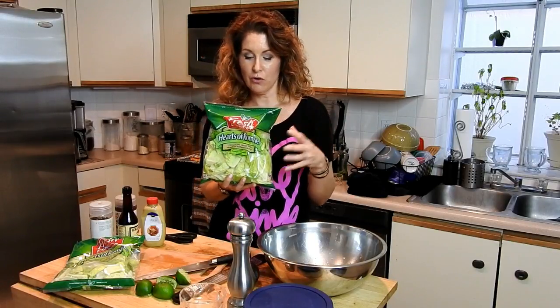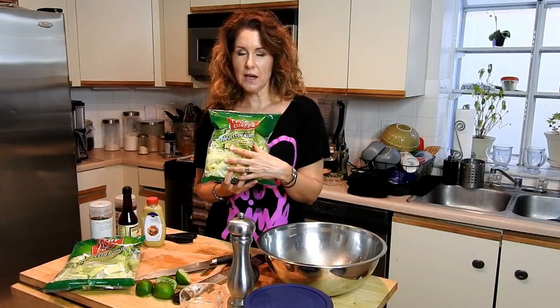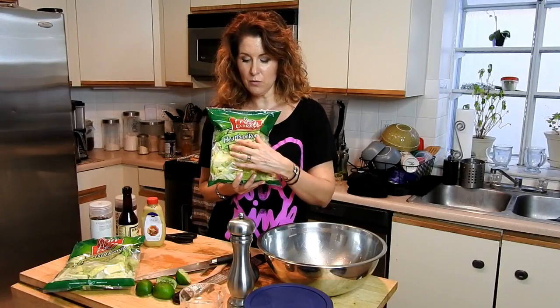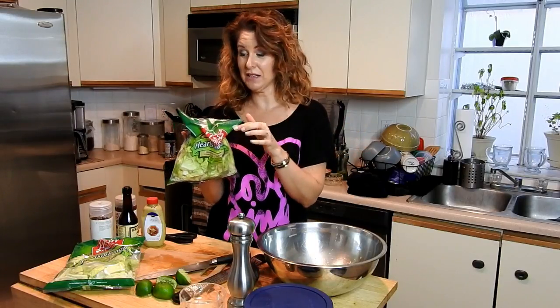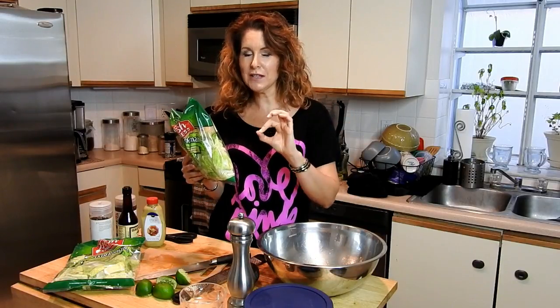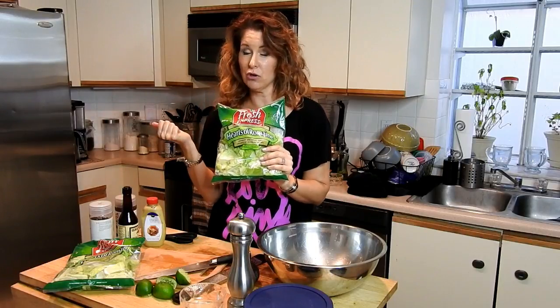Because what happens is, when they're sitting in the grocery store for a long time, the veggies inside give off gases, and you'll see when you go, you'll see like some bags are puffier when you're in your produce section. Avoid the puffy bags, put them back. It's funny, when I was picking these out, they put those ones up front, dig to the back, and you'll get your nice flat bag, and it will last in your refrigerator longer,